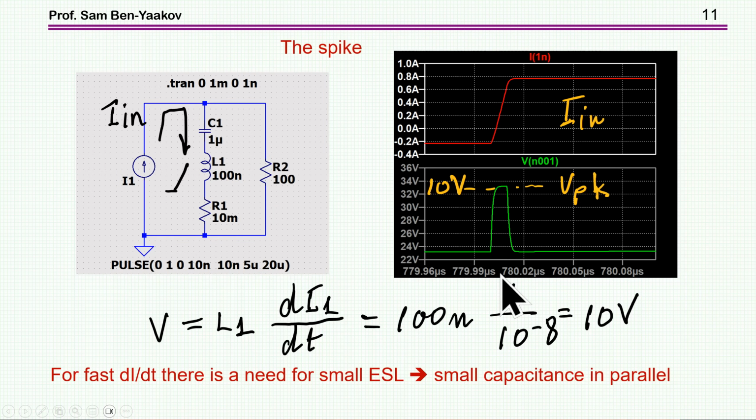Now if it's a fast system, there is a problem. So what can be done? Well, one way, which is very, very popular, is to put another capacitor in parallel, which has a much lower inductance. Now notice that this spike is really not dependent on the capacitance. The capacitor is a short during this transition, because this is a very high frequency, and therefore this capacitor doesn't play any role in this spike. So if you put a capacitor which has a lower stray inductance, it could be of a lower value, and indeed